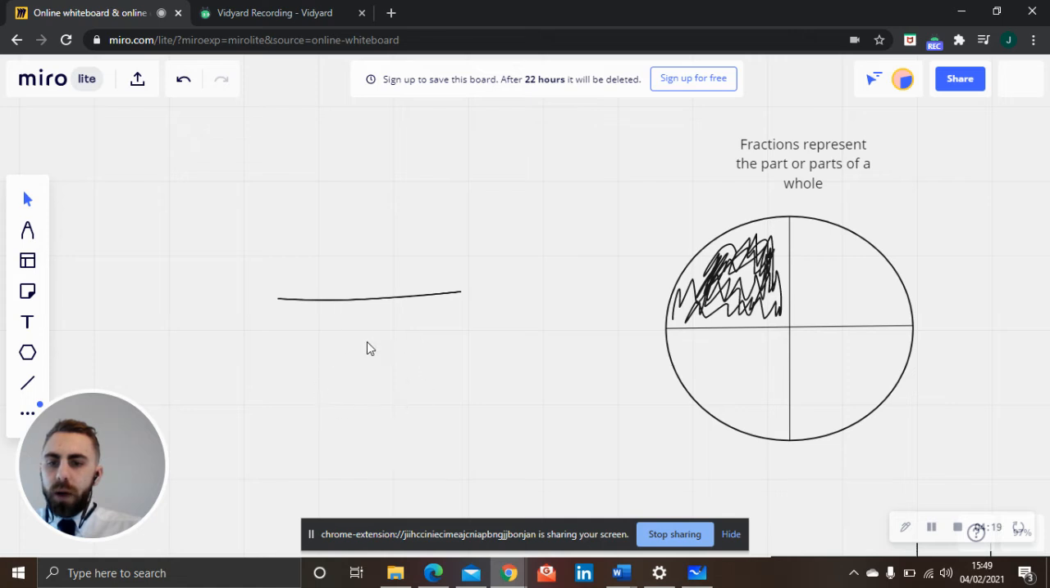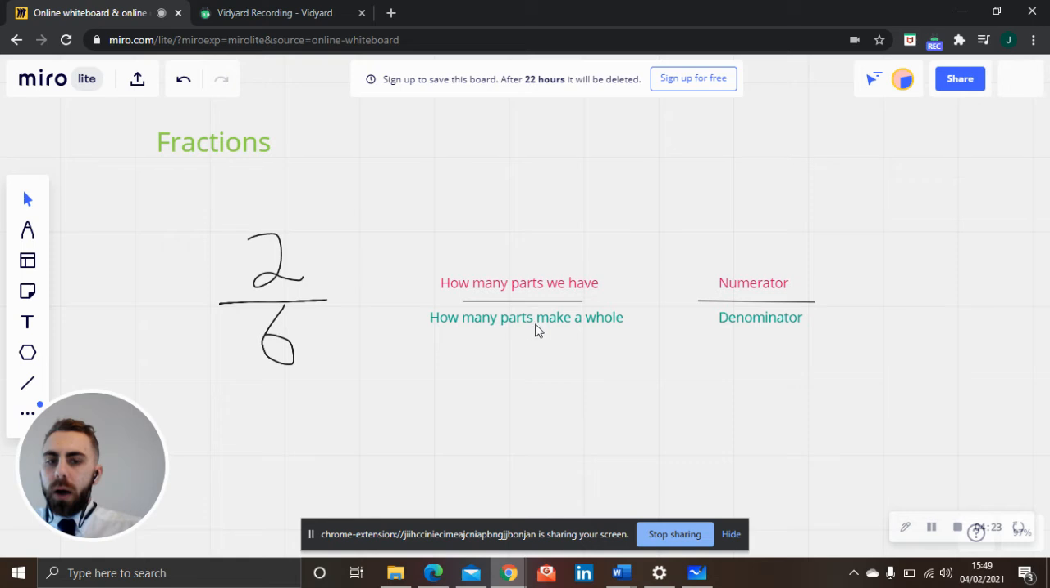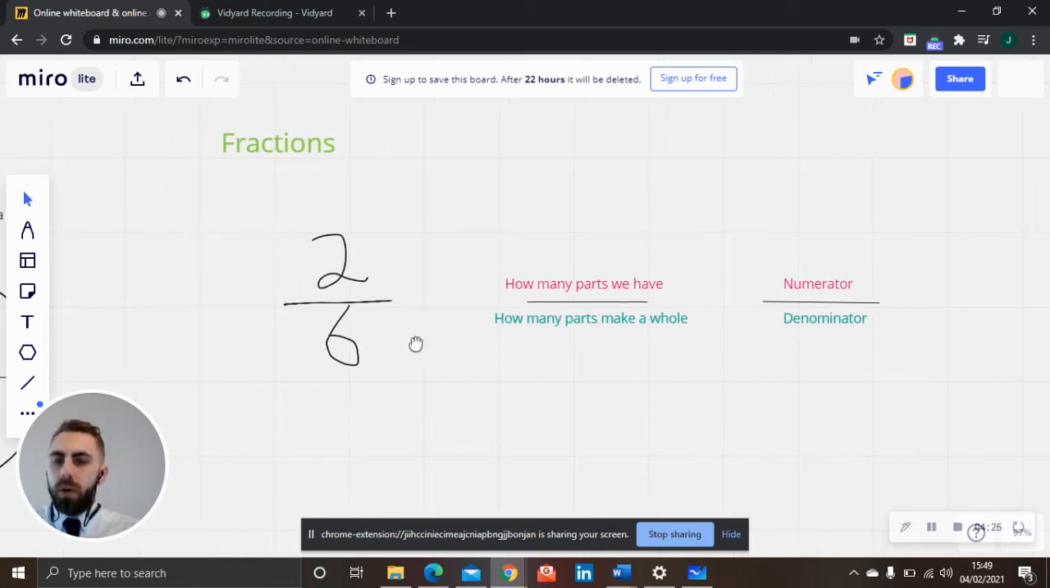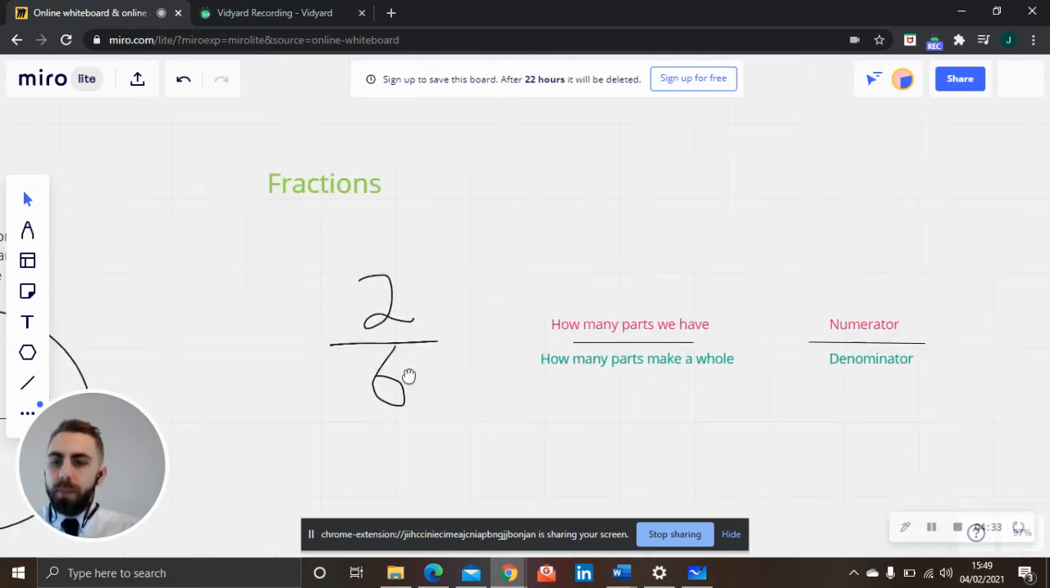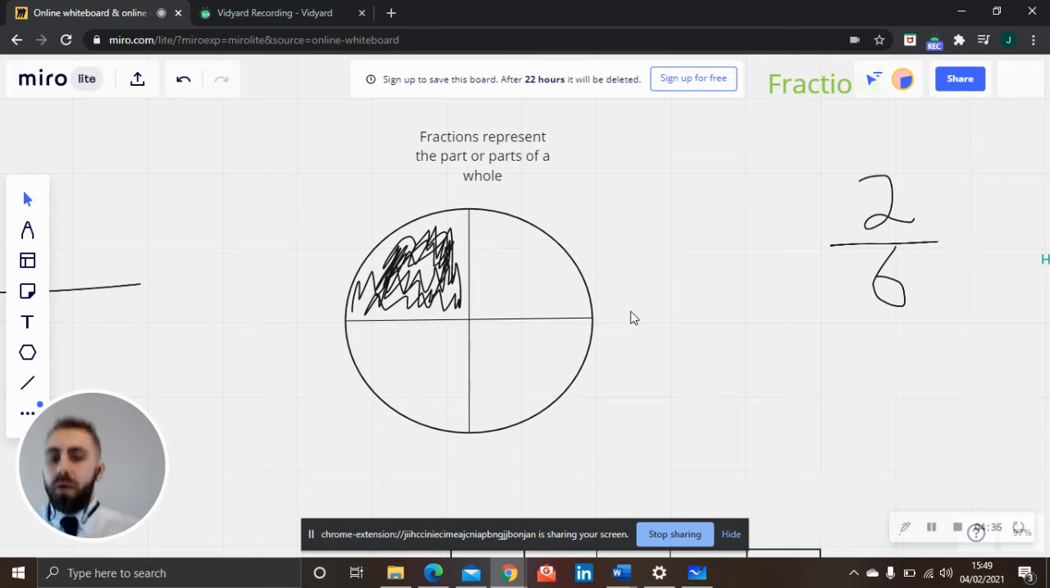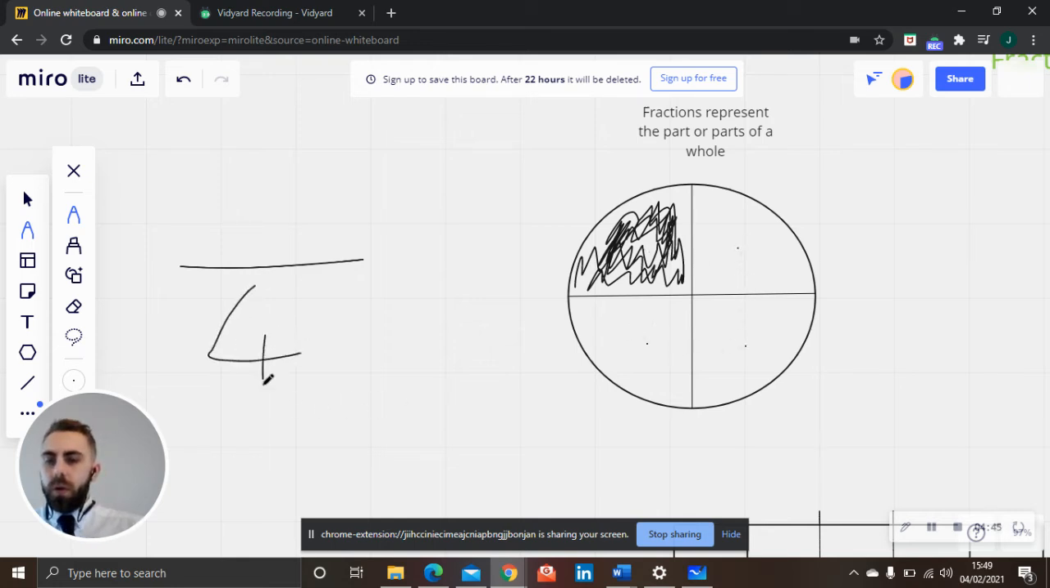Now, the first part, we need to work out our denominator. So if we remember, our denominator is how many parts make up the whole. All right. So our pizza, that's our whole. The whole thing makes up our whole. So how many parts has our whole been broken into? How many parts make up the whole? So we got 1, 2, 3, 4. So our denominator will be 4. All right, so the number on the bottom will be 4 because there's 4 parts to our pizza. There's 4